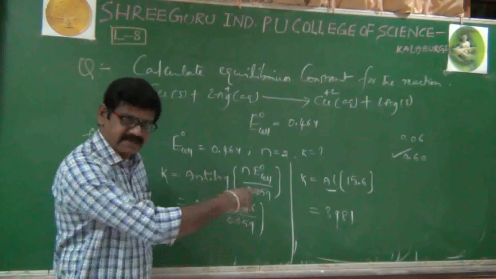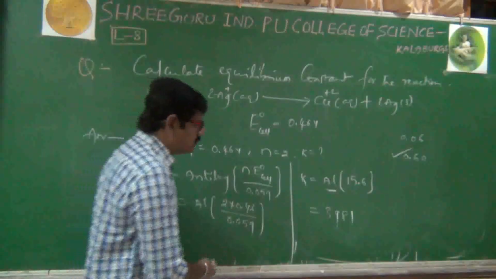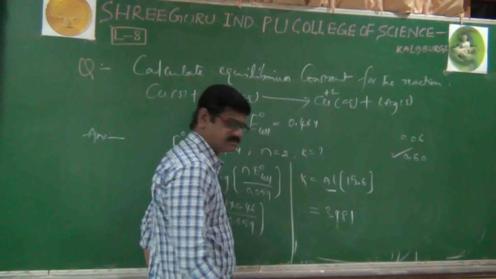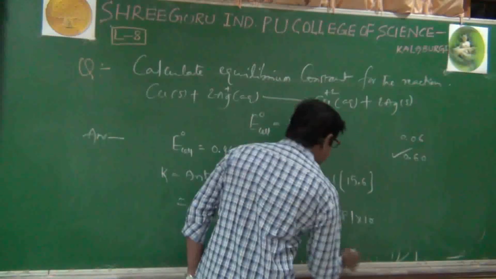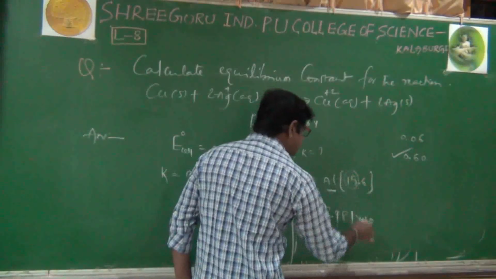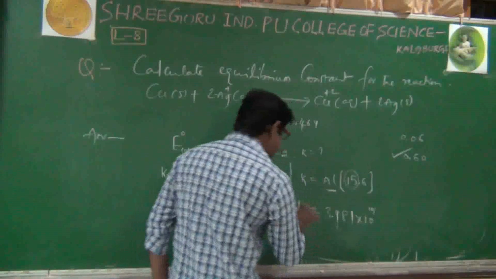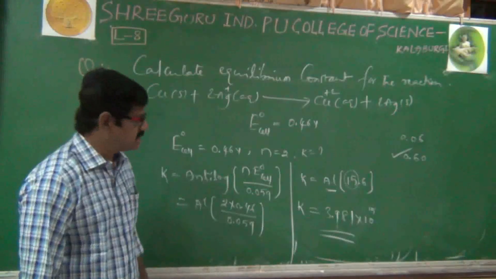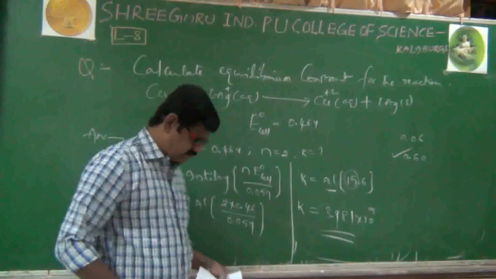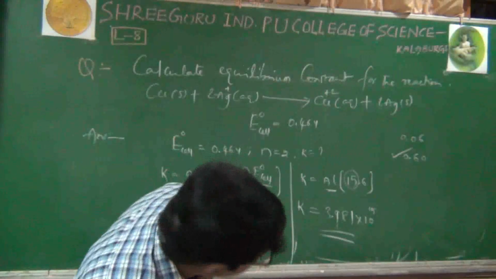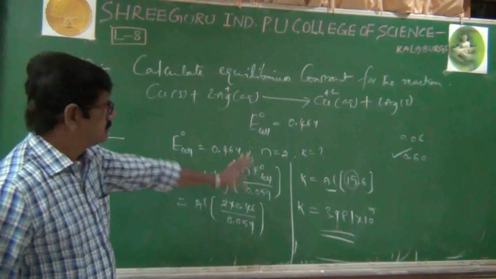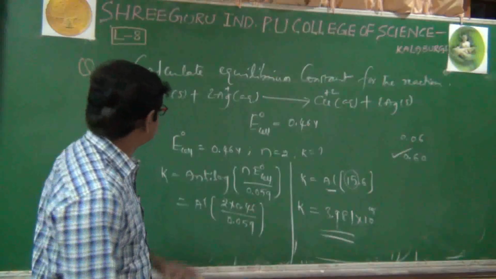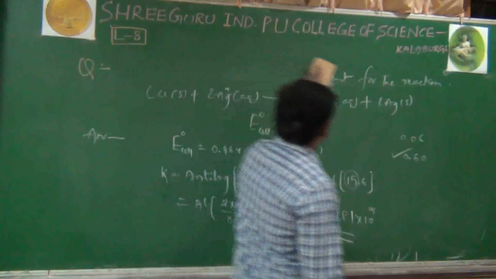3981, that is not the final value. Immediately what we will do, from left side to right side, after one digit we will keep one point, and times 10 to the power of, before the point whatever the value is, we will write as it is. That's it. This is the equilibrium constant K value. 3.9 means a round figure, we can also write 4, it doesn't matter. Similar concept. There is no difference compared with the previous question. That's all. Next, one more question we'll see.